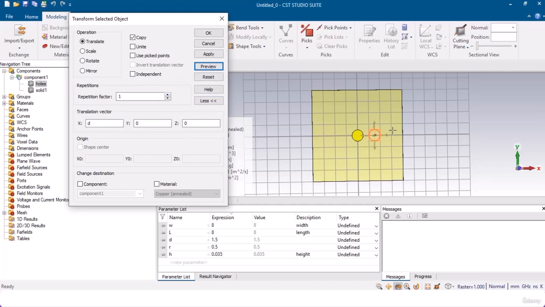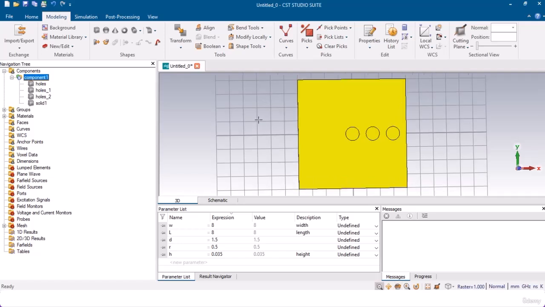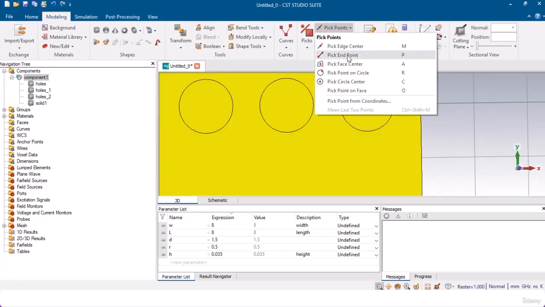Now I need 2 copies of this. So I will write in the repetition factor as 2 and click on OK, and you can see that 2 other copies of this slot have been created in the previous geometry. So if you see the details, I will zoom in and click on the pick endpoint so that I may